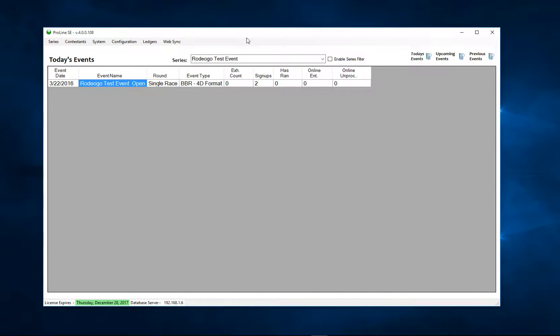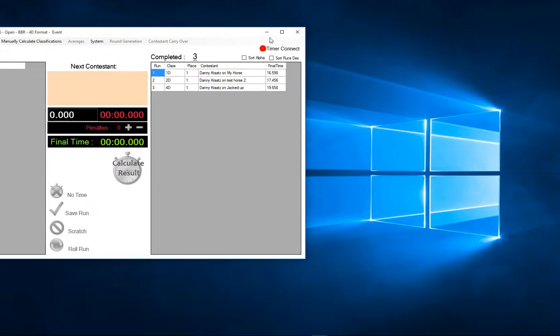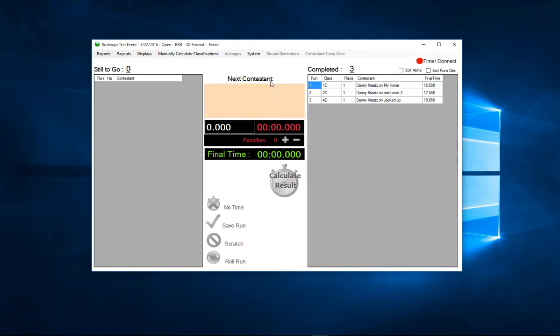Now let's go into a couple of the other features on the Run Event page. A big one that we get is, let's say, oh, that wasn't right. You don't want to get into doing a lot of this because it just adds confusion to your piece. But let's say on run number 2, it was actually my horse that ran and not horse 2. Well, you can simply come to System, Edit Run List,